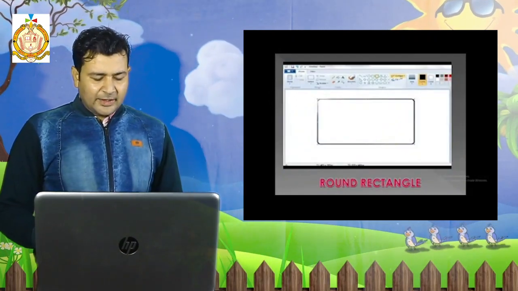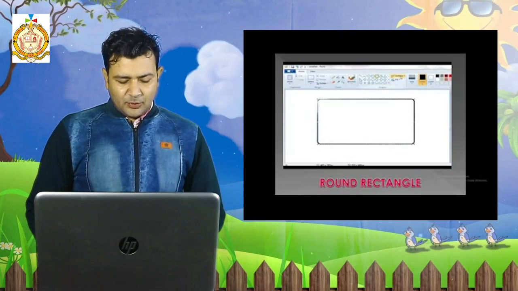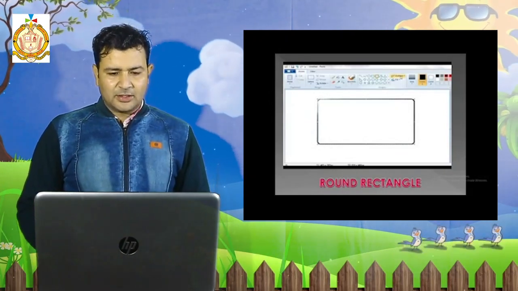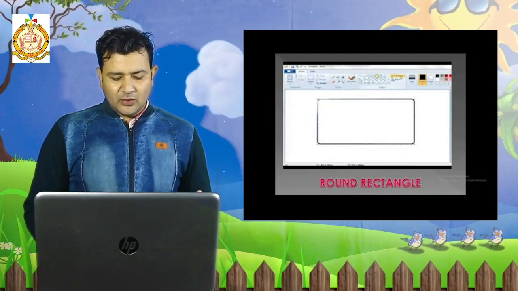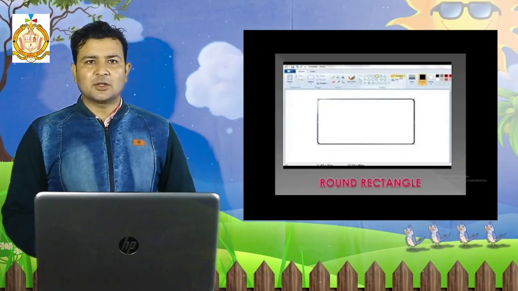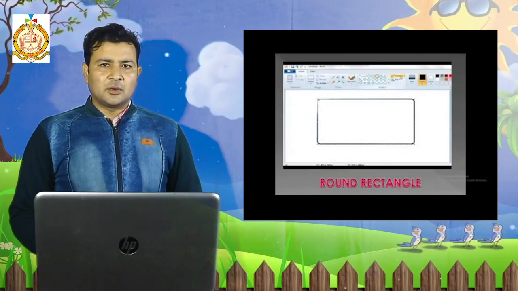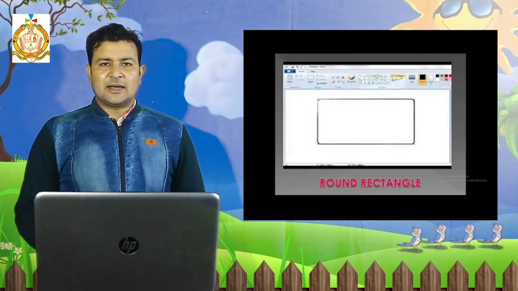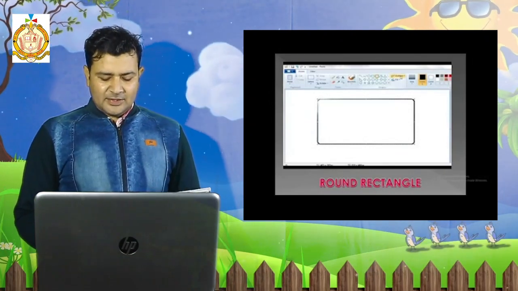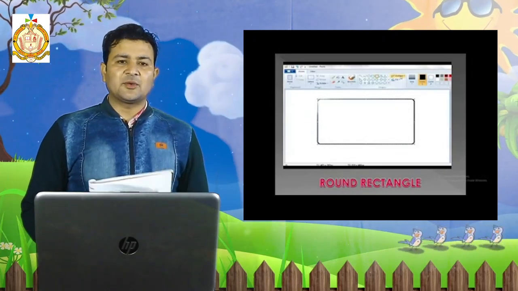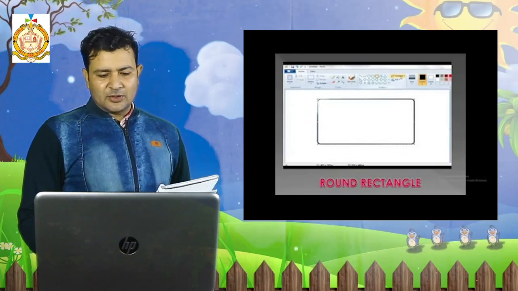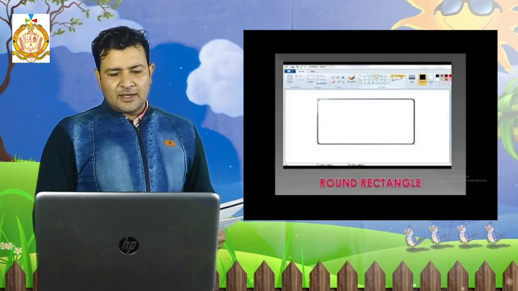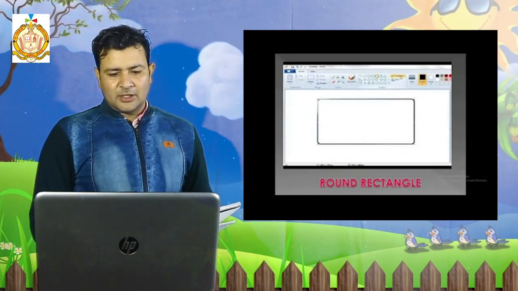Next, the round rectangle. First we put a rectangle, now it is a round rectangle. From the shape tool, you can draw a round rectangle with the help of this tool. Click on Home, click on the round rectangle, select the size, select the width and drag the mouse to make the round rectangle. You have to select the area in which you want your rectangle, and drag the mouse and you will get a shape like this, as it is showing on your screen.